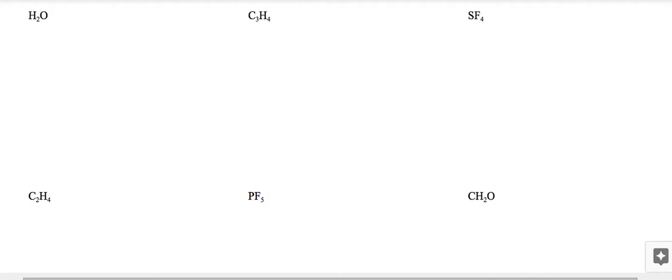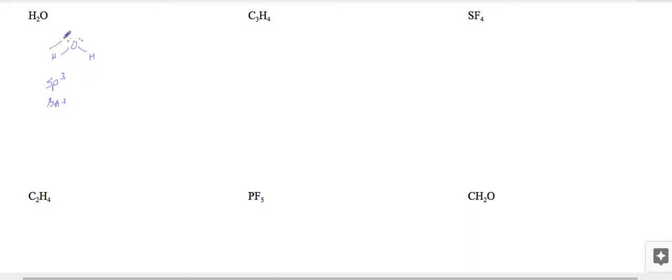H2O. Now with the hybridization, we include electron pairs in that discussion. So we have 1, 2, 3, 4 things attached to it. The hydrogens count, 1, 2, 3, 4. So we end up with an sp3 hybridization. It's a bent molecule,